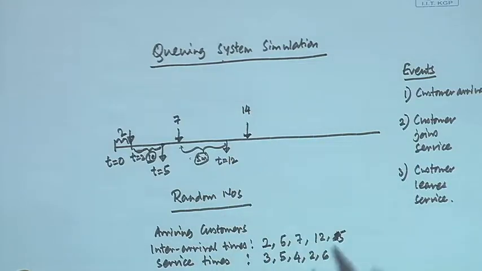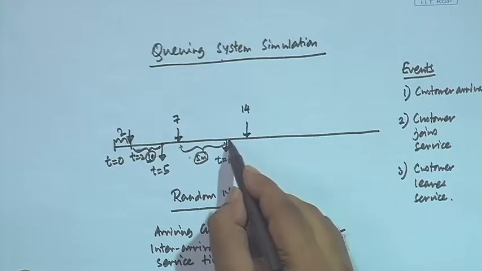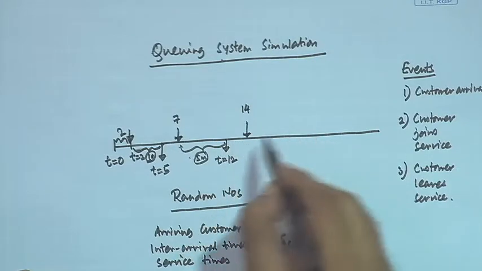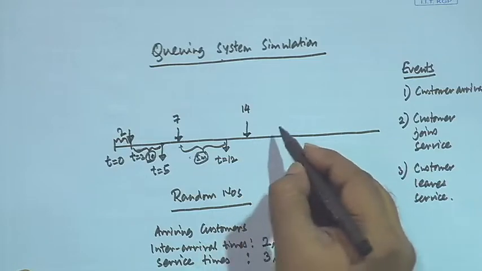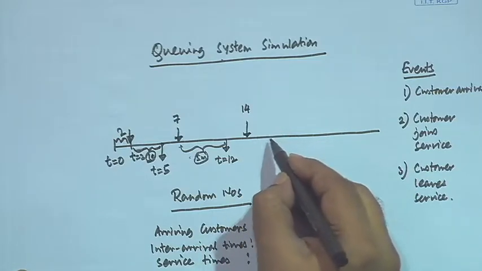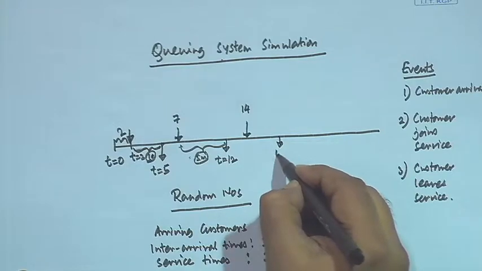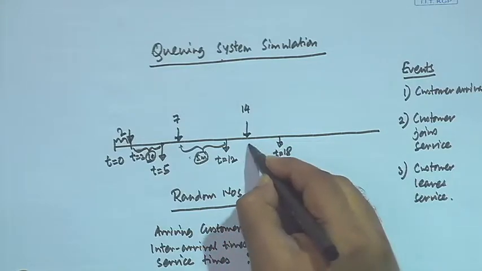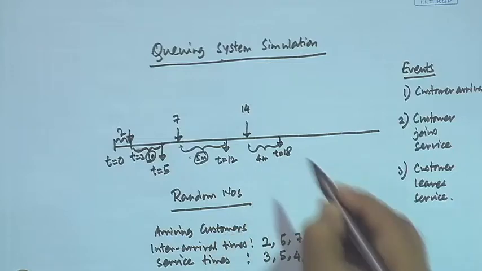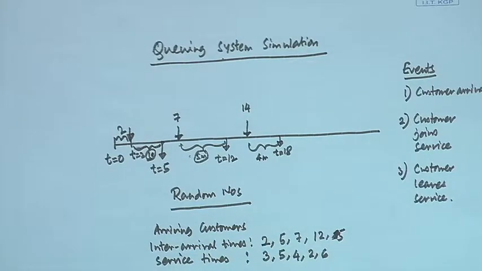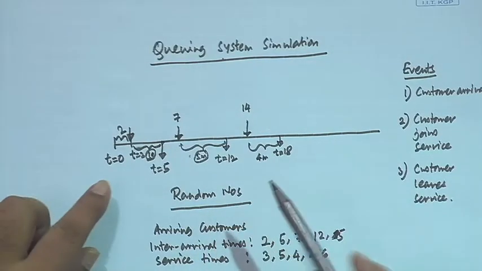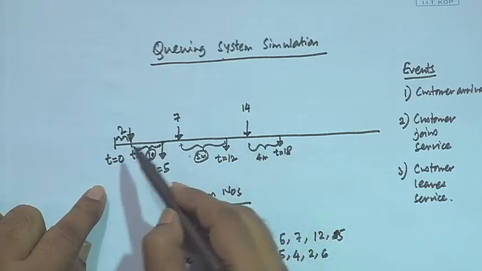So, you can understand, this customer is again taking 4 minutes of service, because during this time there is nobody in the system. So, here the next one will become 14. Here, at t equal to 18, this is the 4 minutes. So, like this the system will go on, and what is really happening, we are able to generate the arrival,